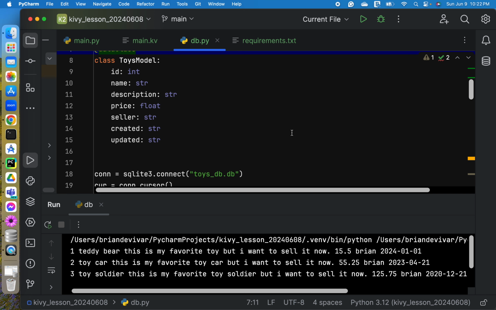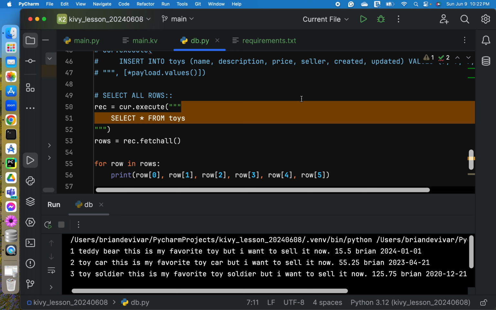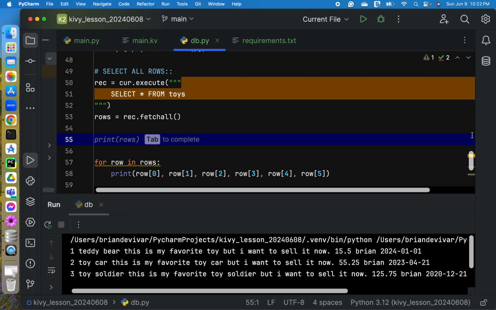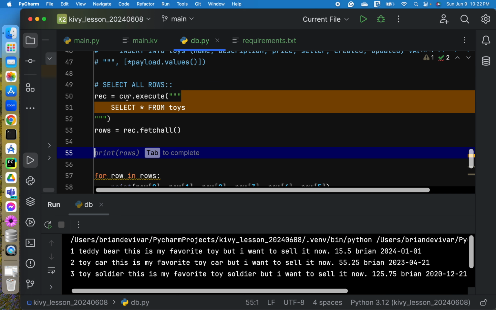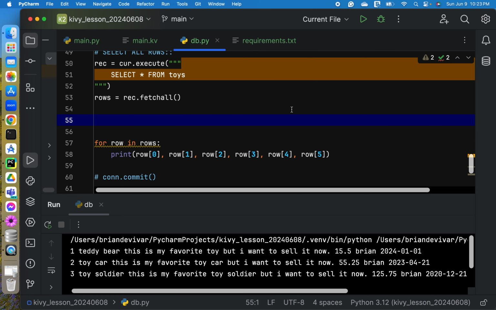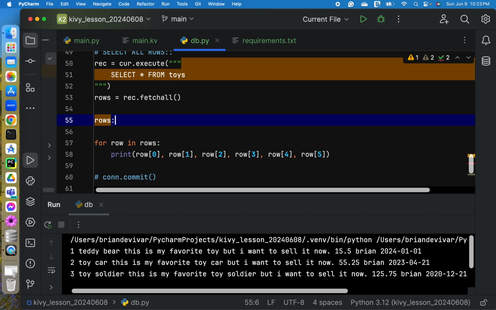Okay, so how are we going to use this? So let's go back to our select statement. We will shorten all of this statement into a one-liner. So how are we going to do it? So let's type in rows.